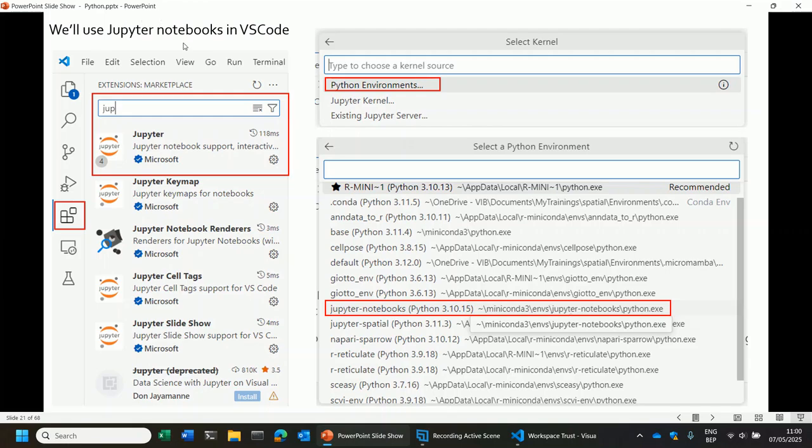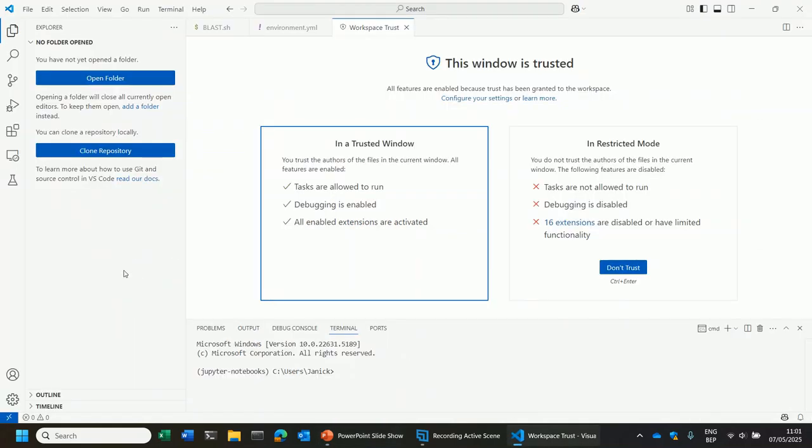We are going to write and execute Python code in a Jupyter notebook in VSCode. I have asked you to install VSCode. So this is what it looks like. And before you can actually use Jupyter notebooks inside VSCode, you first have to install the Python and the Jupyter